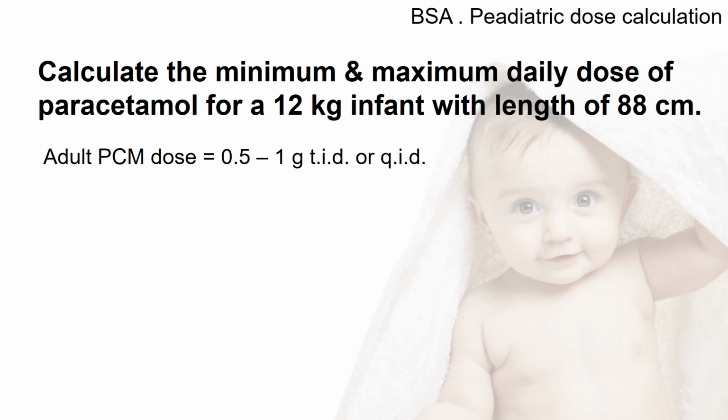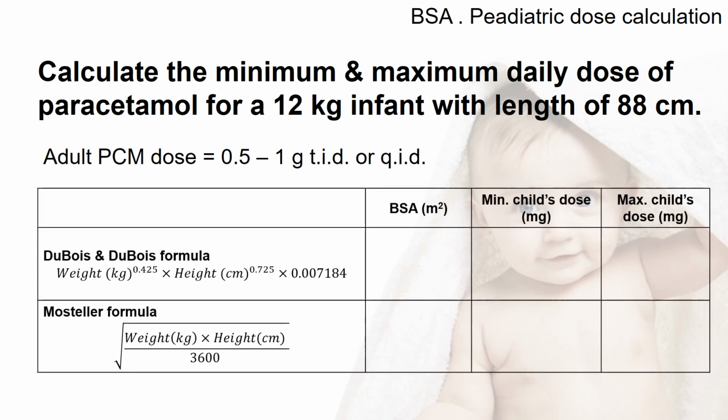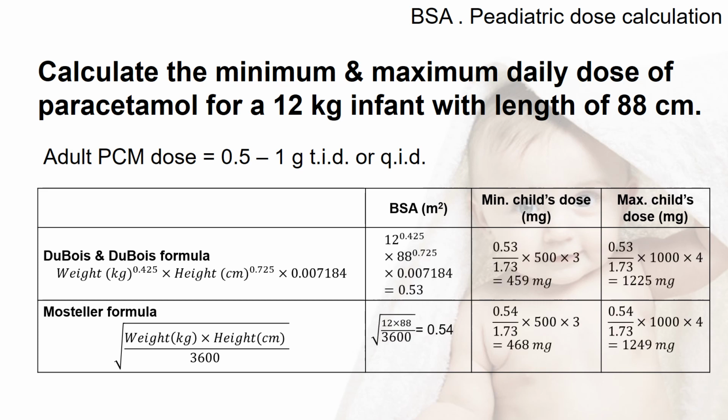Here I'm taking paracetamol as an example, and in this case we have an infant with a weight of 12 kg and a height of 88 cm. By using the Dubois and Dubois formula and the Mosteller formula, you can calculate the body surface area, and then using the ratio with the adult body surface area, you will get the maximum and minimum children's dose, and both of these formulas give